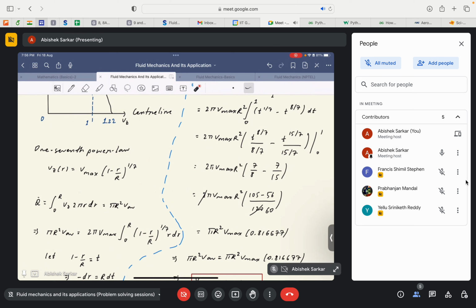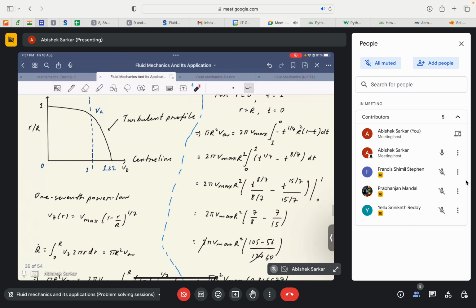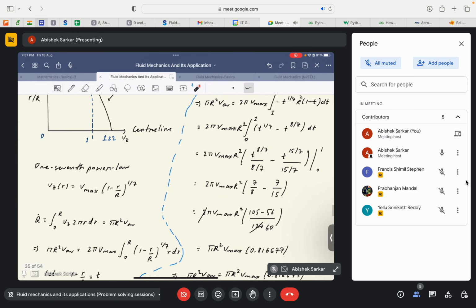So I must say this must have been obtained empirically. But with that understanding, we find that the velocity profile can be approximated to have such a form,